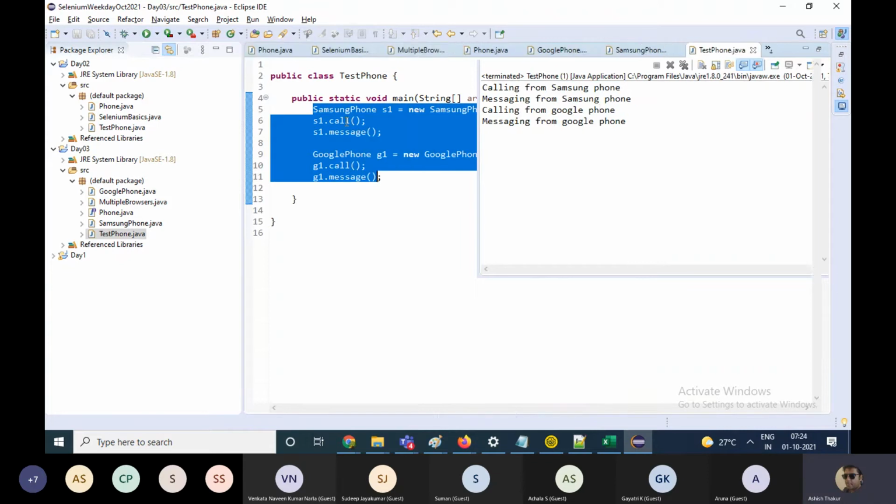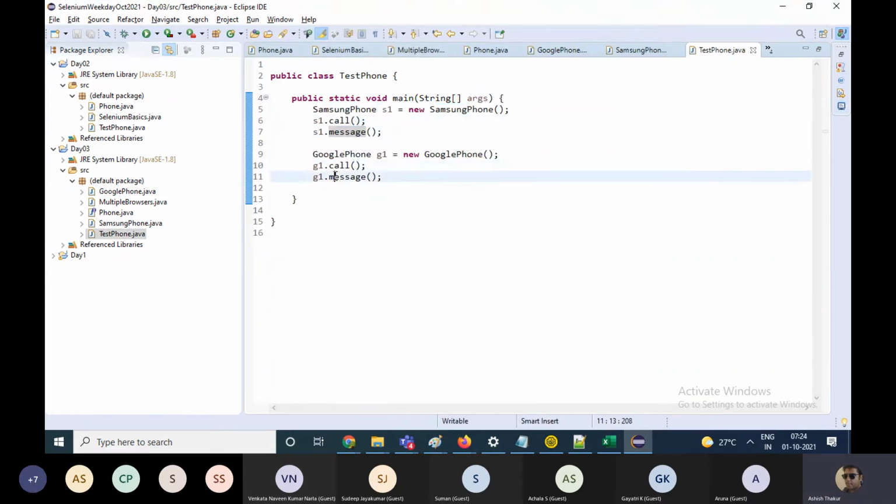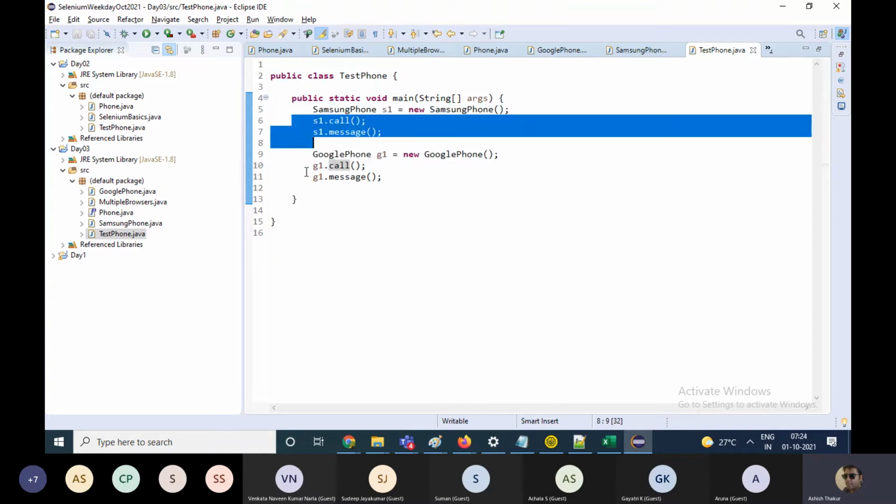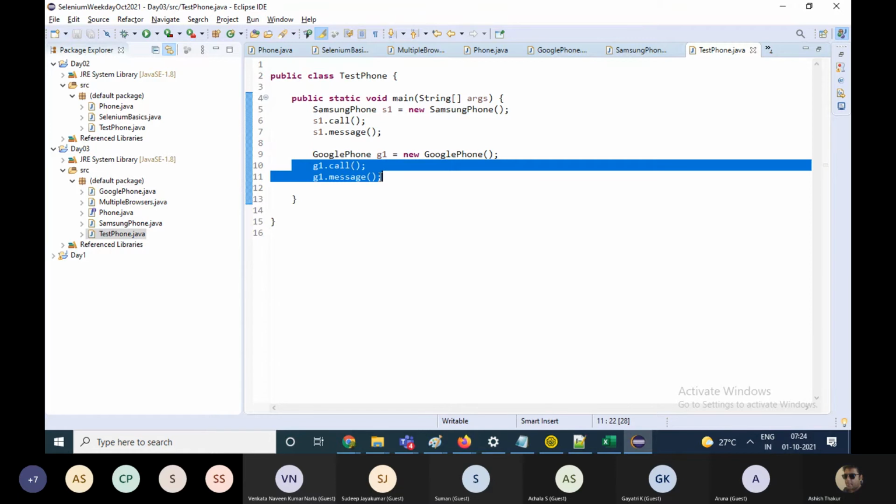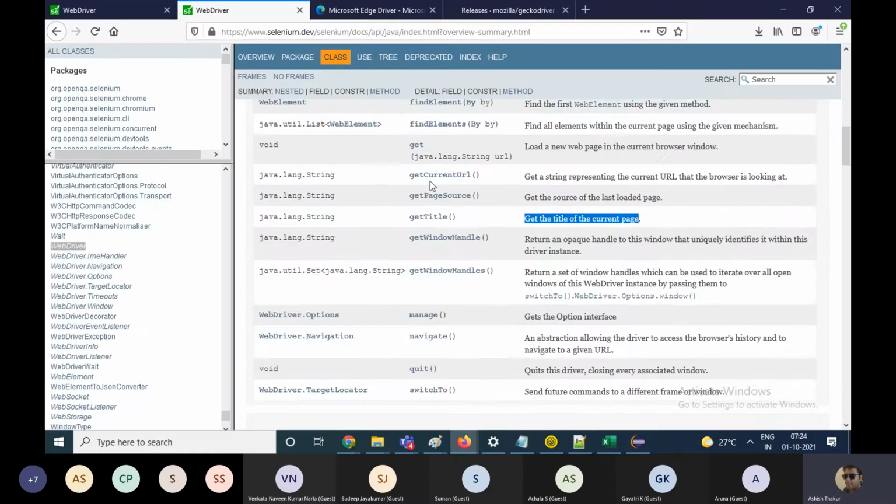The only thing is that the function names are the same. The implementation of the call function for Samsung is different from that of Google phone. But both the classes are implementing the phone interface, so both of them will have the same function names. And similarly in